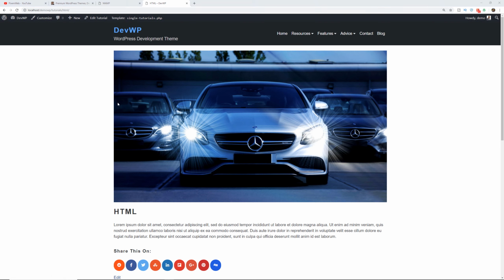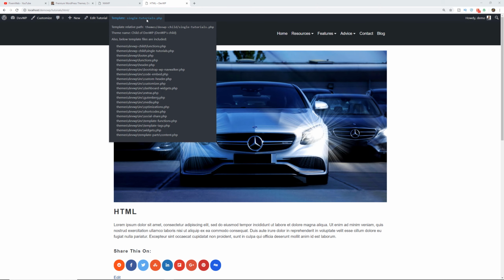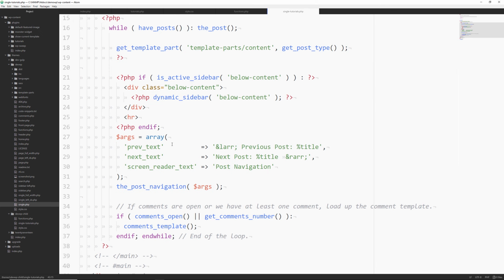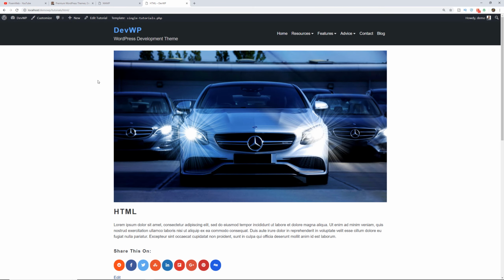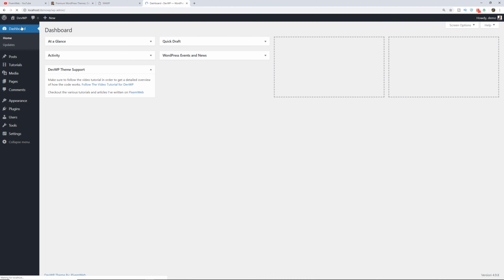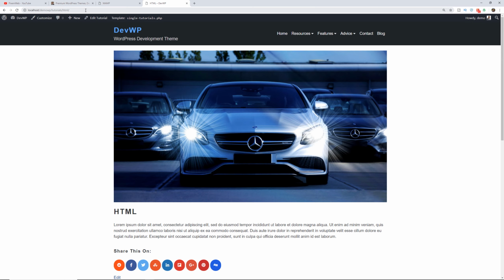Now the thing to remember when you're creating the template file for this, you're going to want to use the same name as the actual custom post type. So I use single-tutorials.php because that's the name of my custom post type. Now let's say you want to have an archive. So if you don't have an archive set up, let's see over here, go to dashboard, go to tutorials, all tutorials. So if we view that, we see we have the single page there.